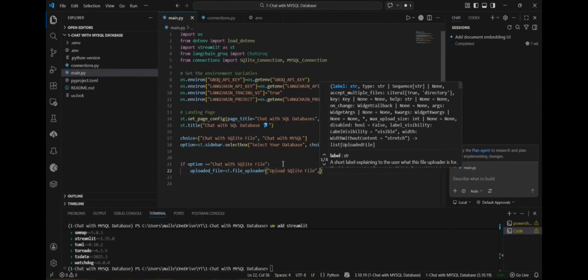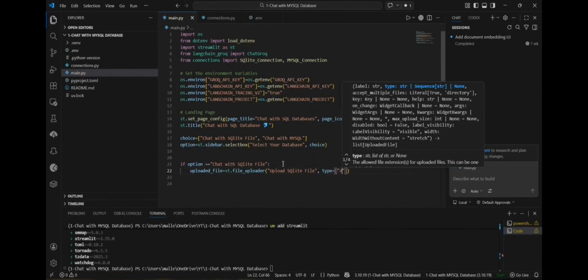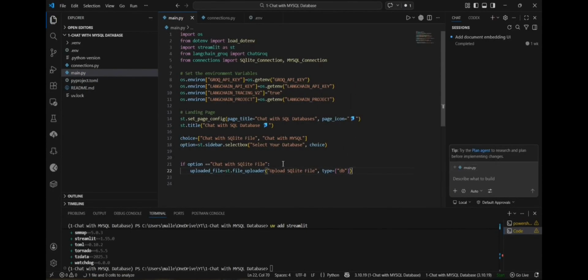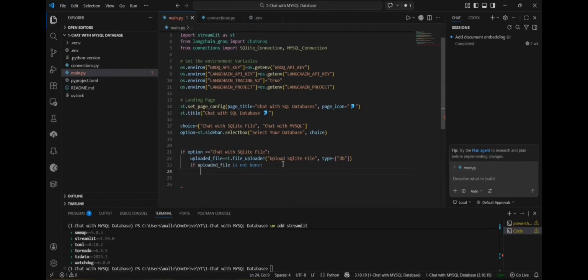Now the type I'll give it as db file. Next, if uploaded file is not none, in that case it must start